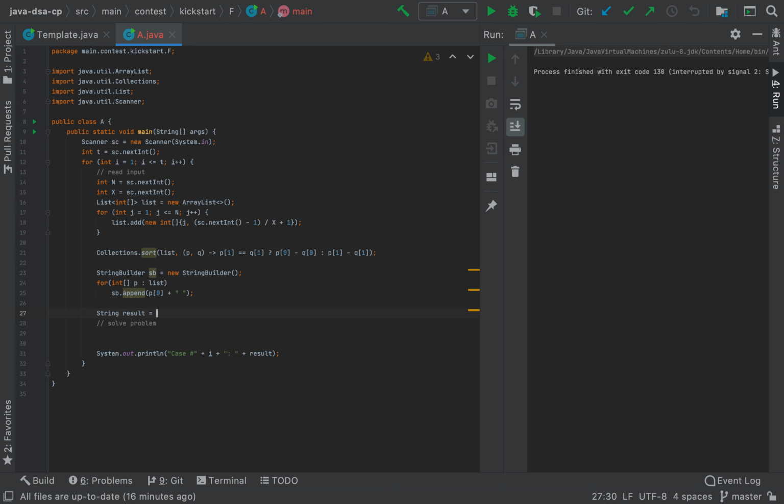Once it is done, we will assign the result, which will be sb.toString().trim(). So that's it. And we print this with the case number followed by the output.